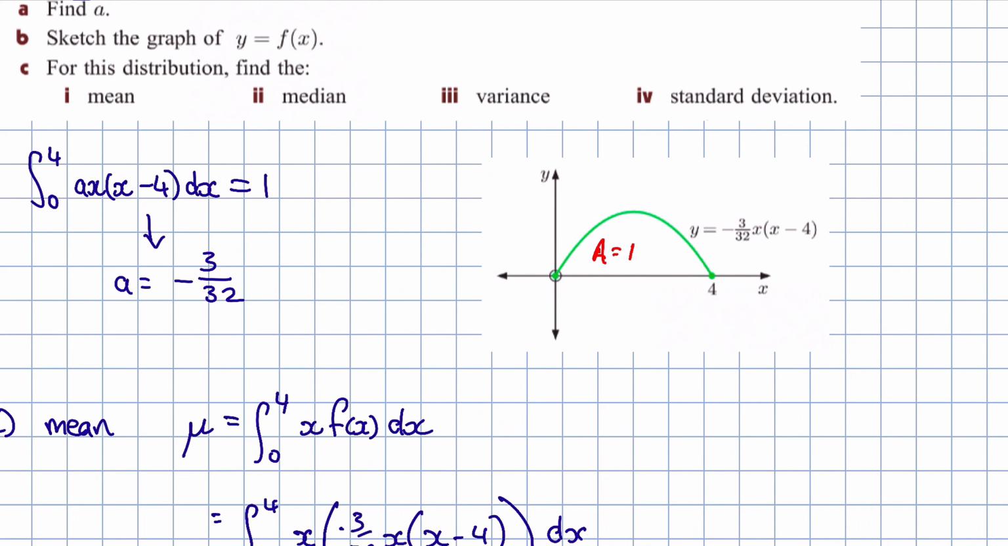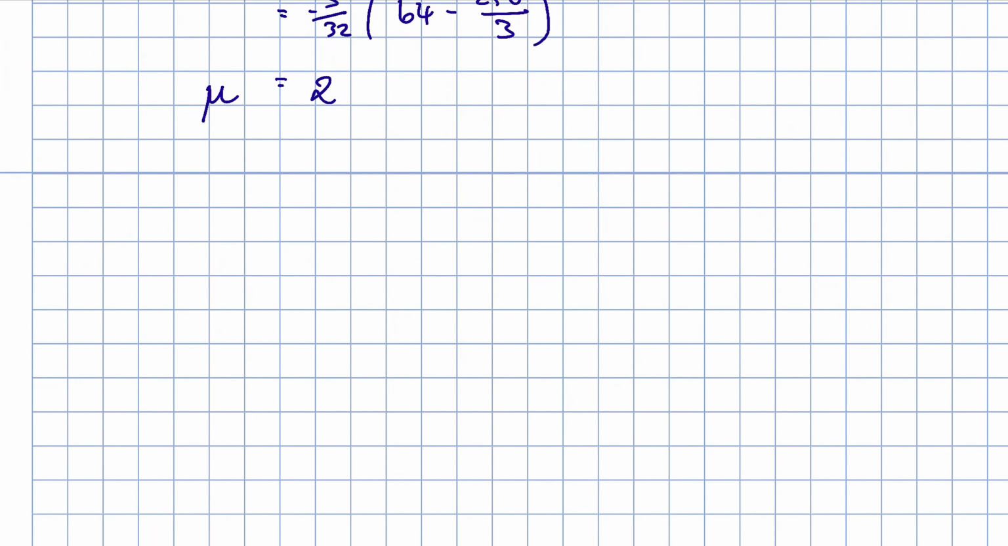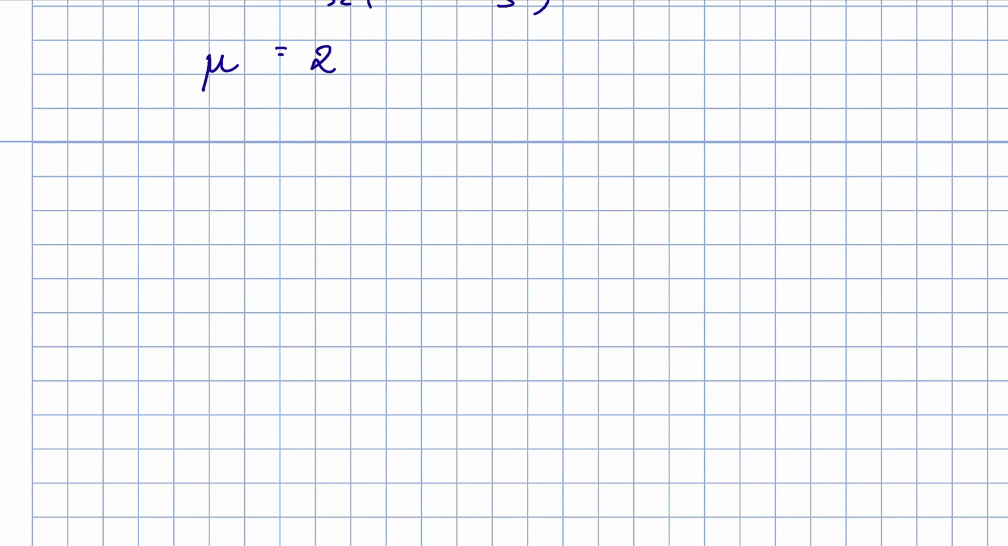It's symmetrical. The mean is actually going to be the middle value at 2 there. Now, that's not always going to be the case because not all of our probability density functions are going to come out symmetrical, but this one does. And then, just as a last one, let's have a look at finding the median for this one,